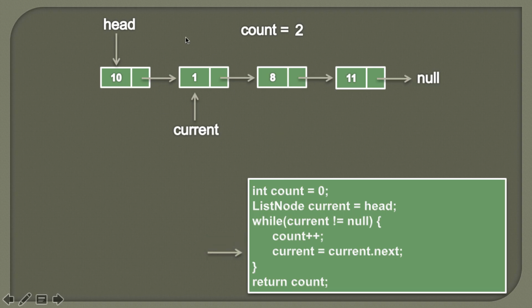And as we have traversed this node, now it's time to move to its next node. Here you can see current is pointing to the second node and its next is pointing to this third node. So in order to make current traverse to this third node, we'll simply assign the value of current.next to current. So current.next is pointing to the third node, therefore we'll assign this value to current. So it would look something like this.